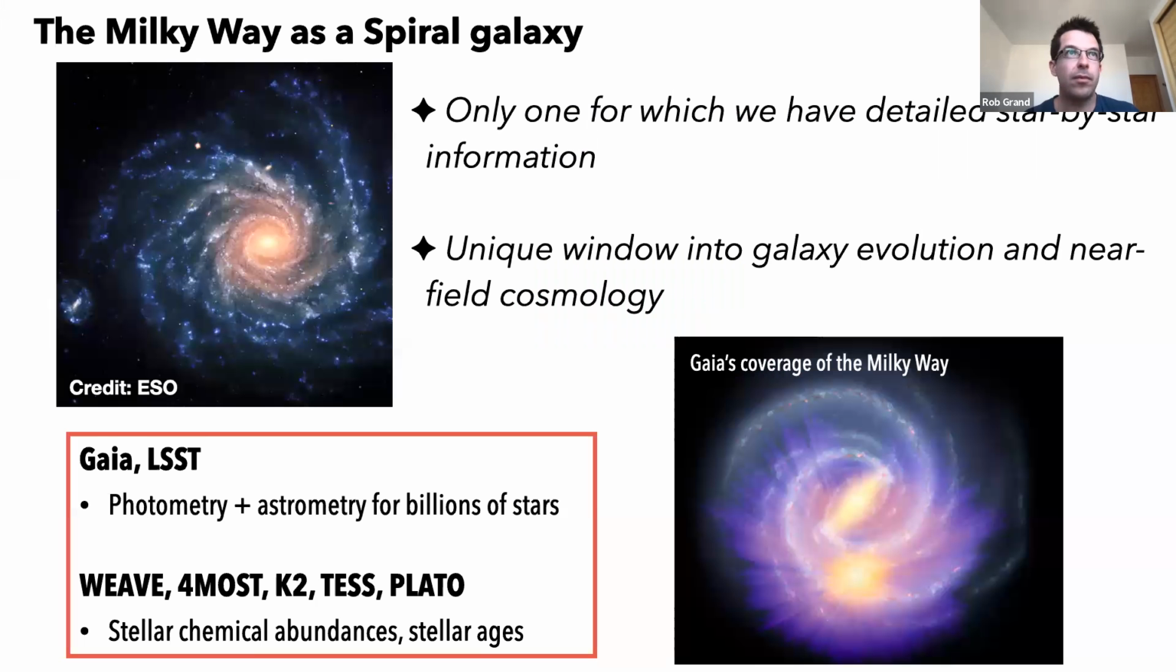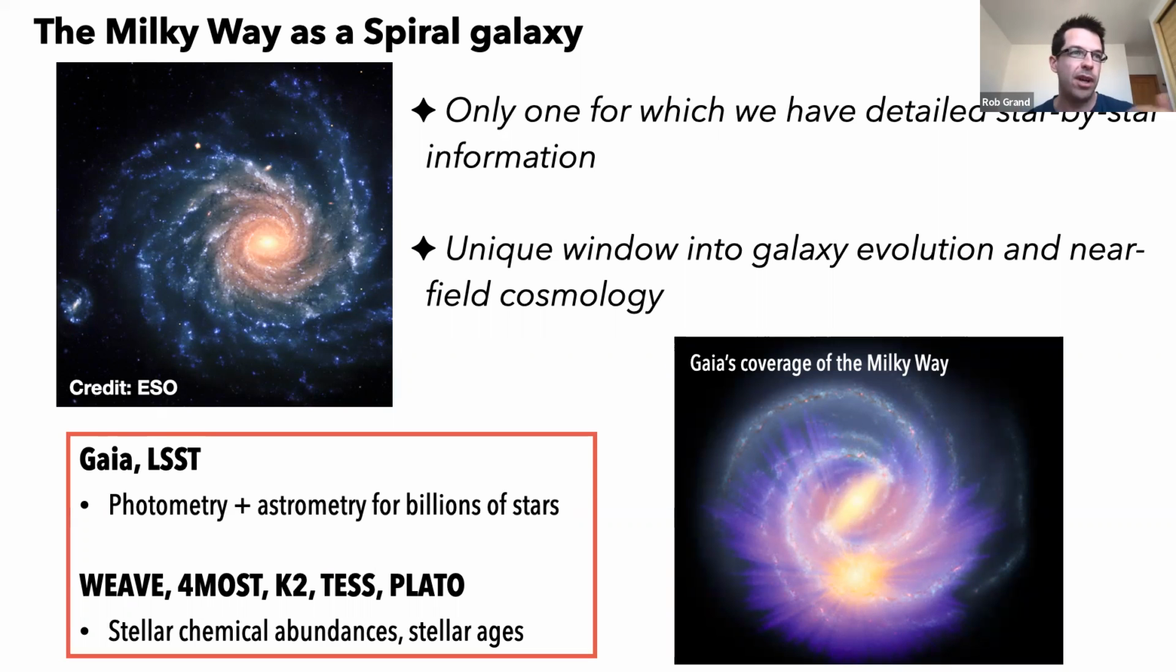Obviously the Milky Way is just one spiral galaxy, but it's the only spiral galaxy for which we have detailed star-by-star information, which gives us a unique window into galaxy evolution and near-field cosmology. In particular, we can use the stellar populations of the Milky Way as fossils in this practice of galactic archaeology to constrain the evolution and formation processes that have shaped these populations. It's a great opportunity to do that, especially these days, where we've been gathering so much of this kind